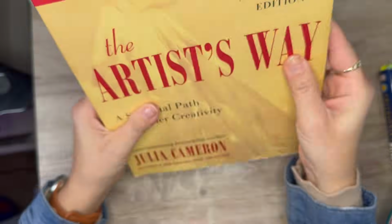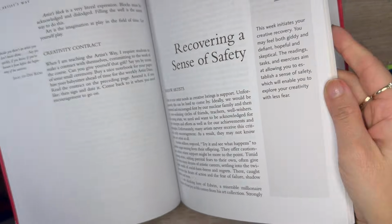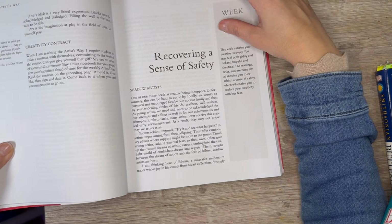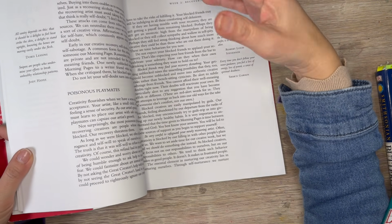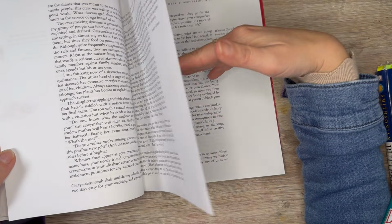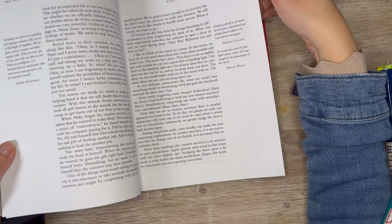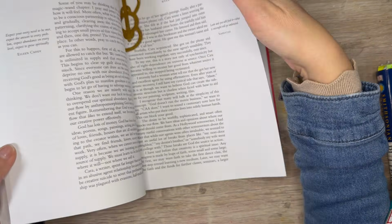I am currently, where am I? I'm on chapter 5, and it goes by week. So last year I started the first 2 chapters, and then I just stopped. And that's the time that I went through like a creative slump. It's just so many things were going on in life, and work was just taking over. But then I also just, in what time I had, I just had a burnout. I couldn't do much. And so once this new year started to roll in, I dipped back into this book,